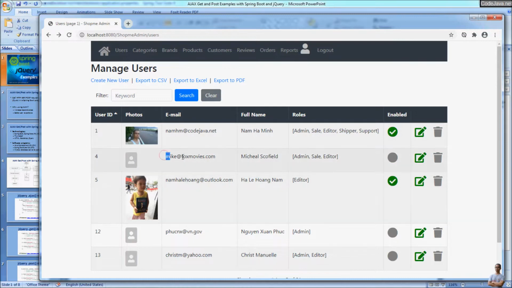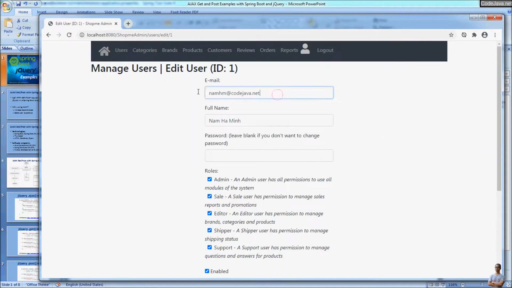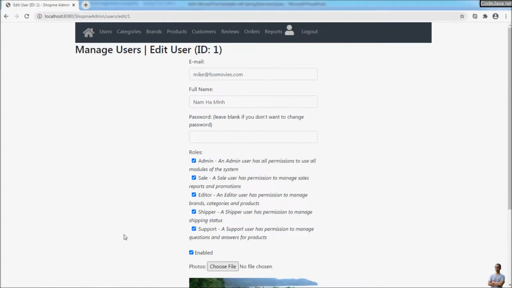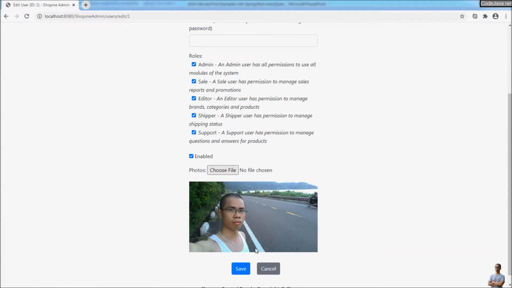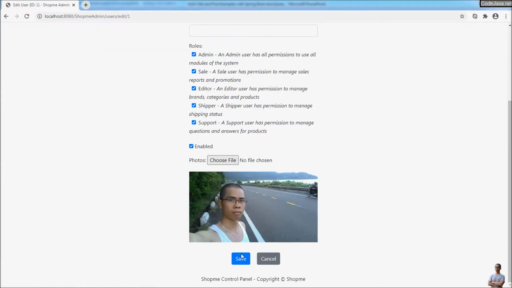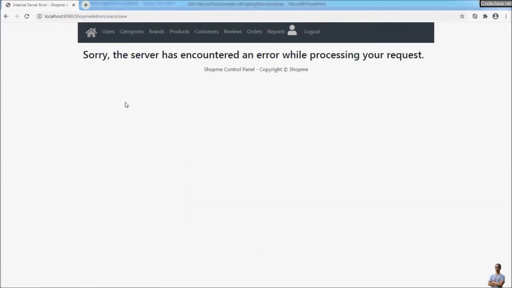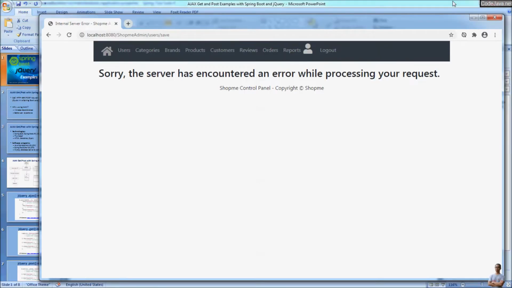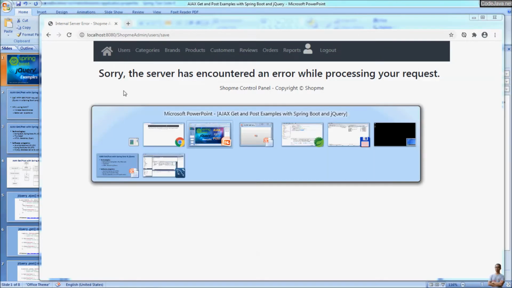For example, I copy the email of this user and I edit this user, and I change the email to that user's email, and our application should check the uniqueness of the email and display a warning message before submitting the form. For example, I click the save button here, and for now it displays an error message,